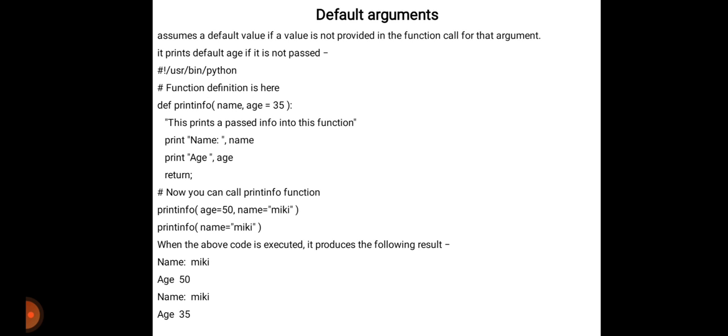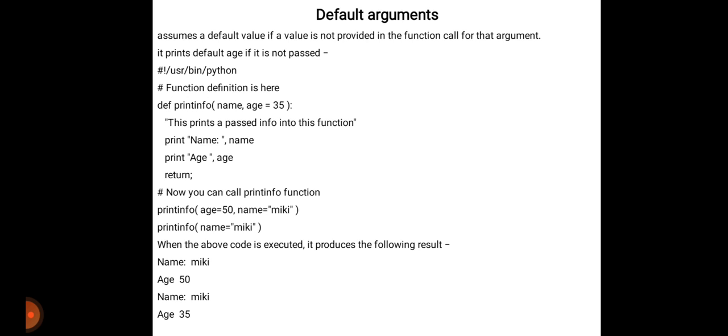Then printinfo with name as Mickey, but here you have not given the age. What age do you have to print? When the above code is executed, it will produce a result like name is Mickey and age is 50. Again it will give the output in the next form, that is name is Mickey and age is 35.